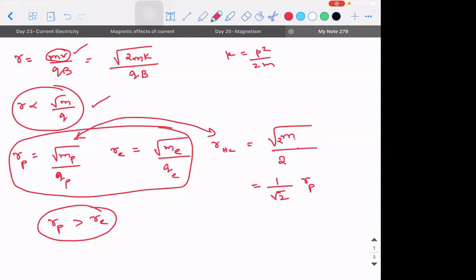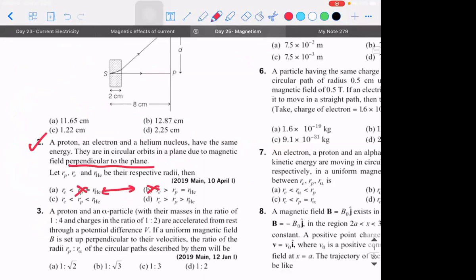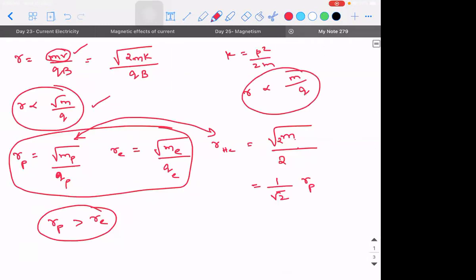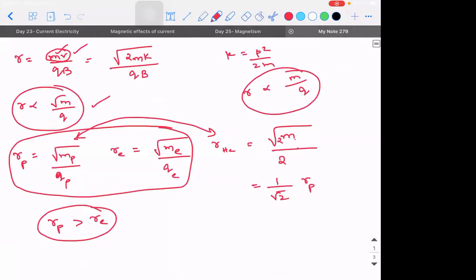If you do it in that way, then you can directly, like how Varun told, say R is directly proportional to M divided by Q. Are you guys able to understand my logic? Then they should have used the word momentum. Because in some questions they use the word momentum, say have the same momentum, then things would have been different. Then I would have taken inversely proportional to Q. When they use the word energy, I cannot speak anything about velocity, right? Because mass I can speak. What can I speak about velocity? Because they are not projected with the same velocity. Have I said that anywhere? They didn't mention anything about velocity, no? They told only same energy. So according to me, the method in which they did is wrong.